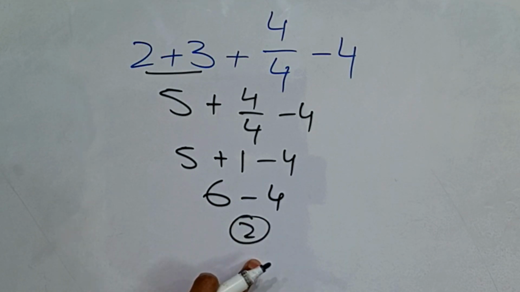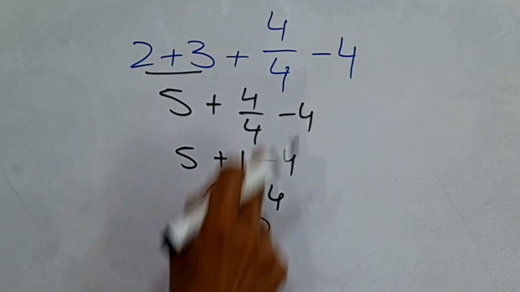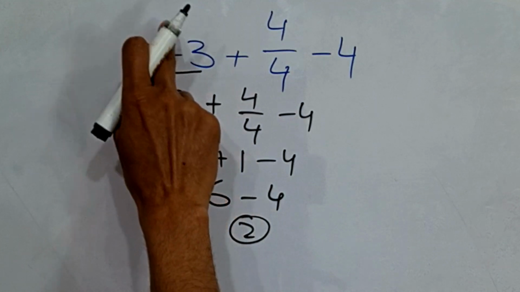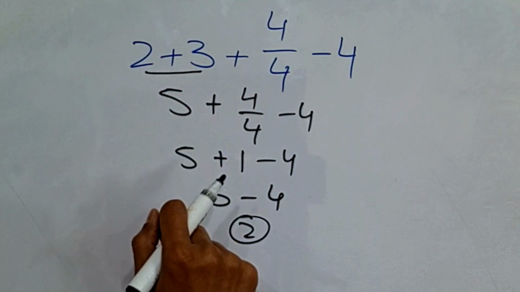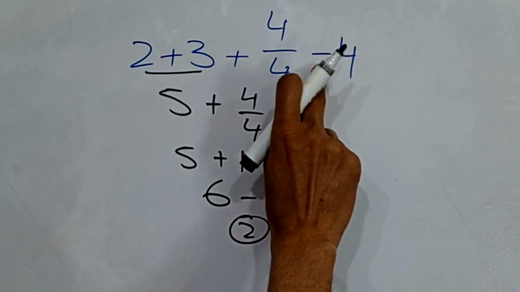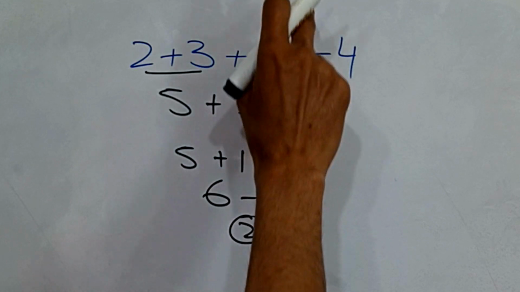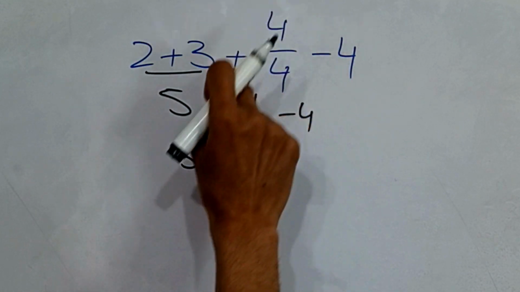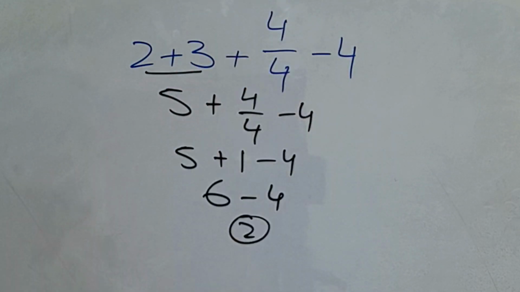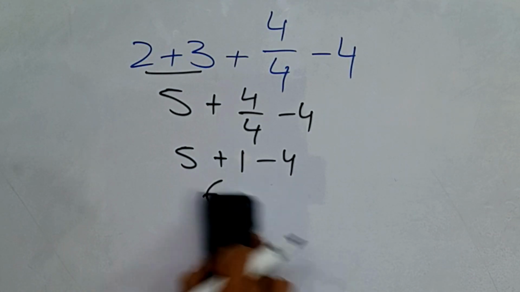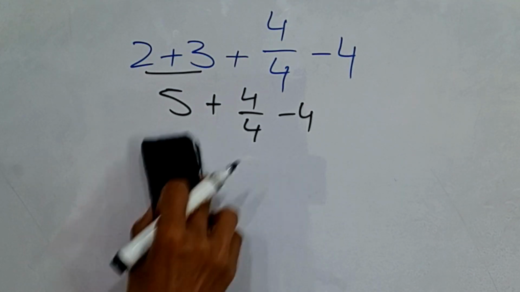But this is incorrect. Why? Because division must be done before addition, right? Then subtraction. So first of all, division first, then addition, then subtraction. So follow the order of operations. We use the PEMDAS rule. Now let's solve this